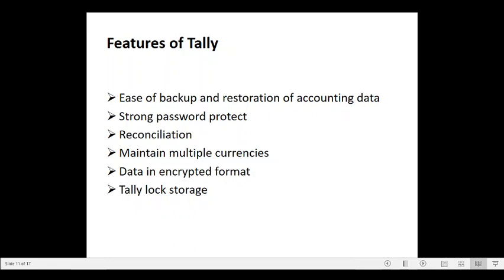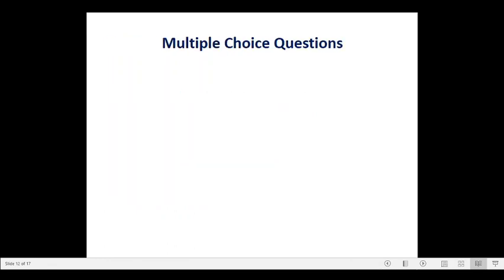It also facilitates outstanding management, maintenance of bill-wise details, activate interest calculation, cost profit center management, and of course invoicing. So Tally software offers different advantages and provides a complete business solution to any business organization.